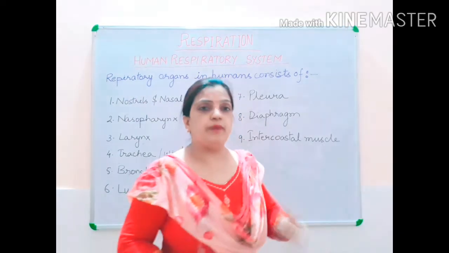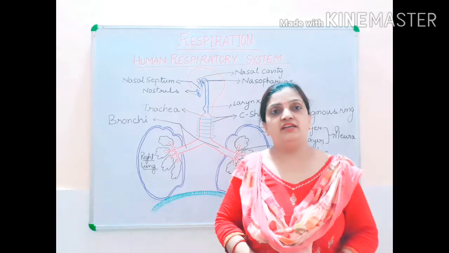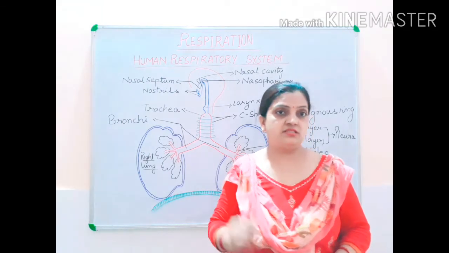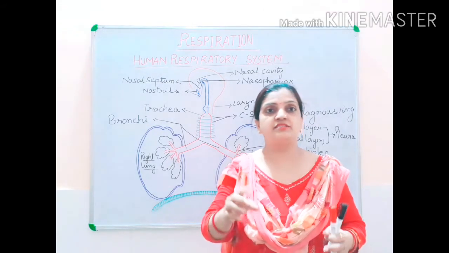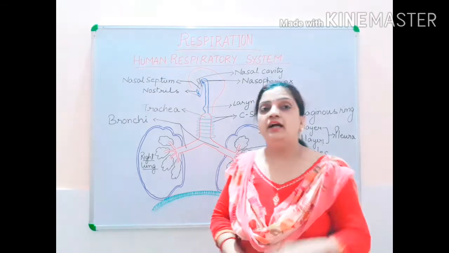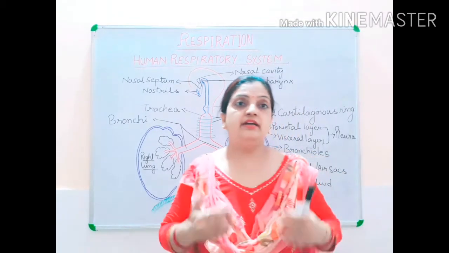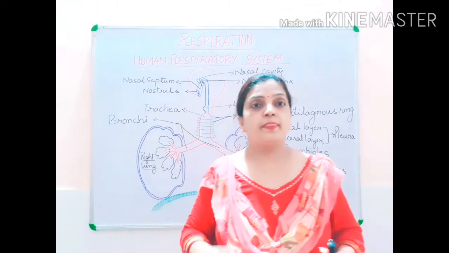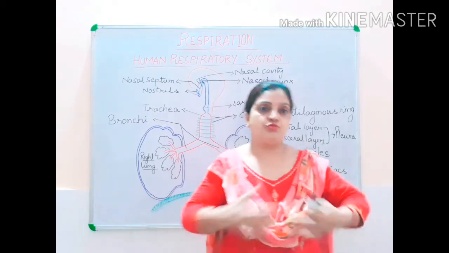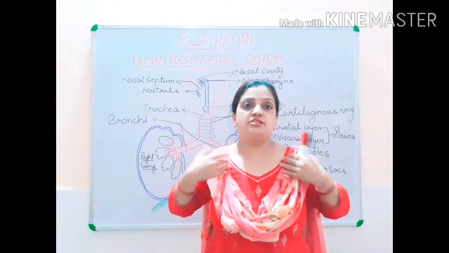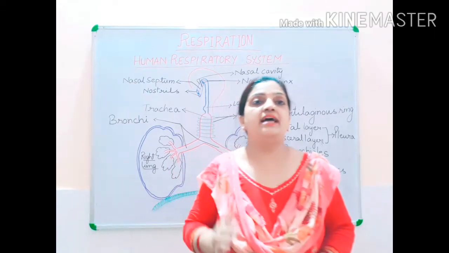There are various more parts over here. We will be discussing one by one. Children, few minutes back we were discussing intercostal muscle, and I told you that this is a muscle which is wrapping the trachea, but it is not so. By mistake I told that. Intercostal muscles are the muscles which are present in our ribs. In previous classes you have studied that we have ribs in our chest portion. Children, this is our chest portion, and the chest portion in biology is called the thoracic cavity.